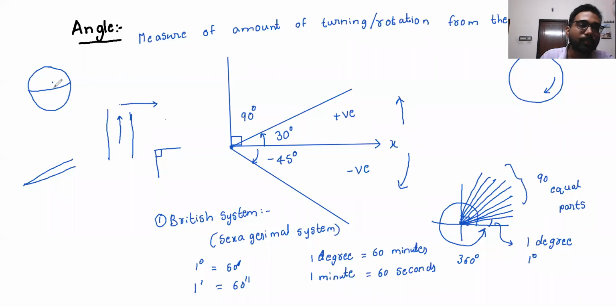So these points will have a huge difference, even if the difference between them is in seconds. If you are looking at a small circle, these will be very, very small. But if you are looking at a very big sphere like Earth or a very large figure, then this will be